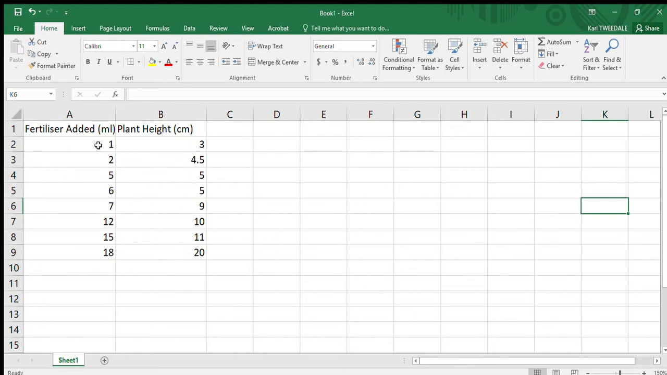So in one case, I only added 1 milliliter of fertilizer and I only got a 3 centimeter high plant. Whereas in another case here, if I add 18 milliliters of fertilizer, you can see the plant height is notably higher. One of the things that we have to appreciate is that it's the fertilizer that affects the